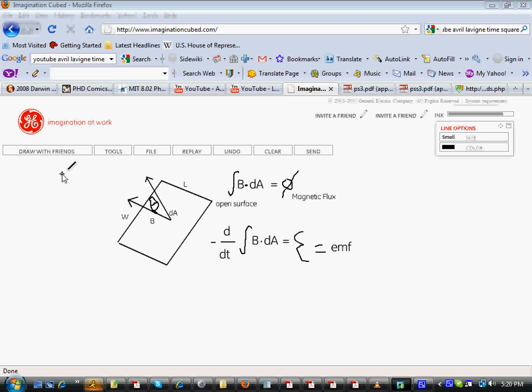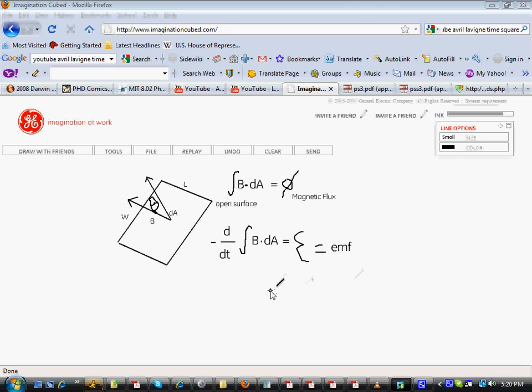the principle that pretty much is behind generators, dynamos, electric motors, all that fun stuff. That's how we get electricity from nuclear plants or water plants or whatever. It's through Faraday's law of induction. So it's a really important law, and this is just the basics behind how it works. I'll go into more detail in future videos about how this is applied, but that's pretty much how Faraday's law